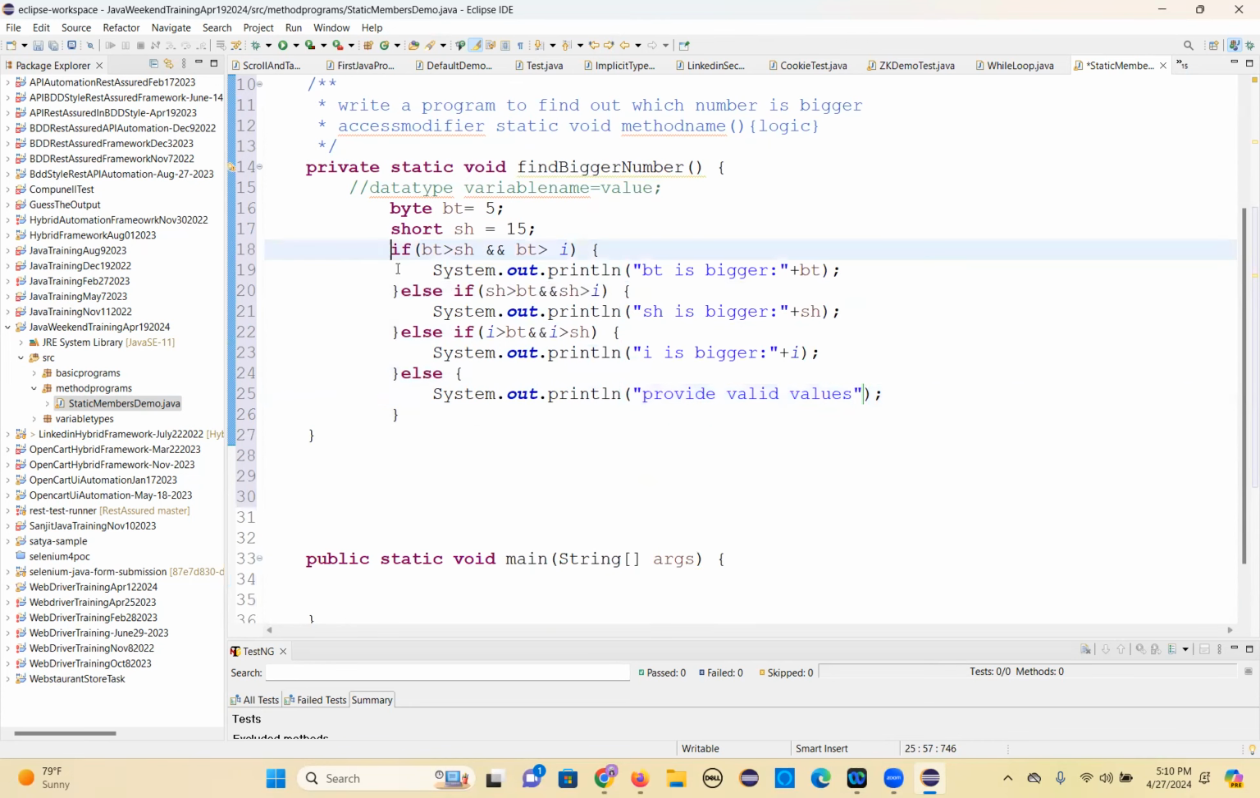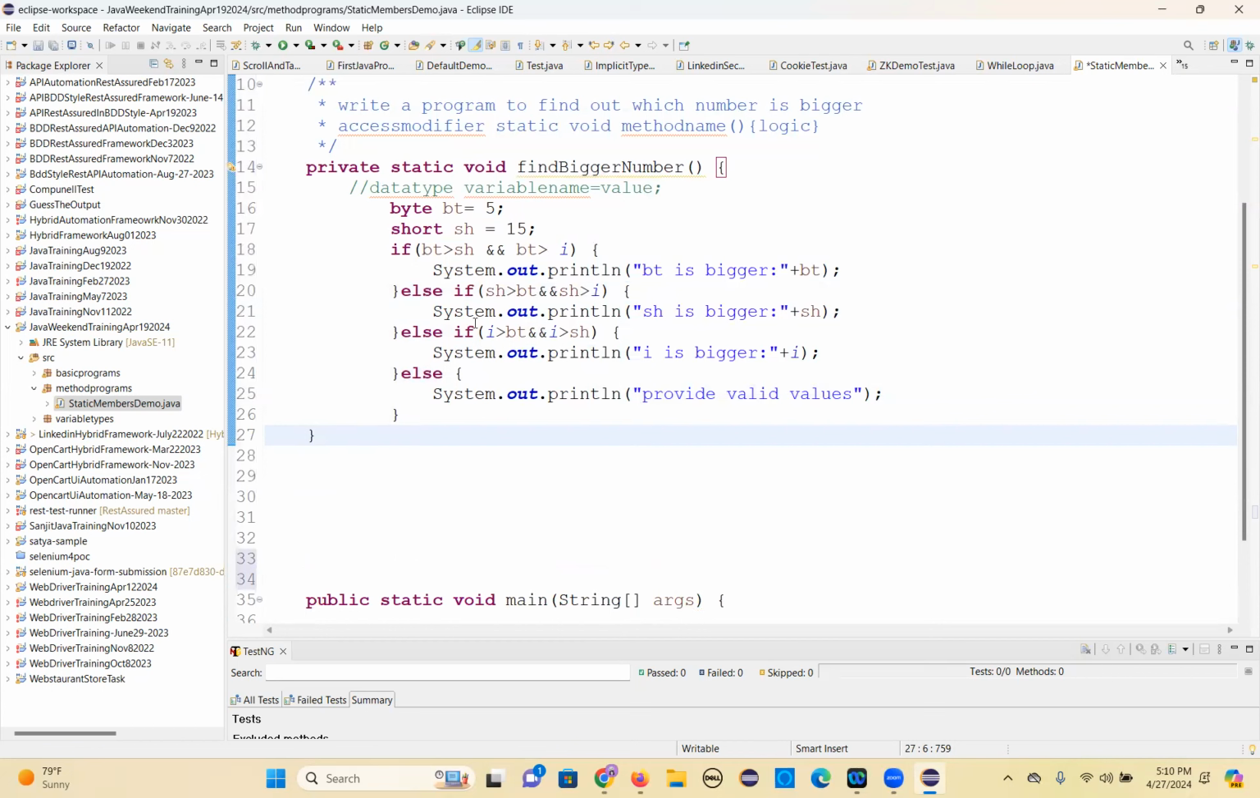So this is the nested if else block. That's it. I just want to do like this. And next one. Next method. One method is done. That is, without parameters. With void, without parameters, static method is ready. My next method is,